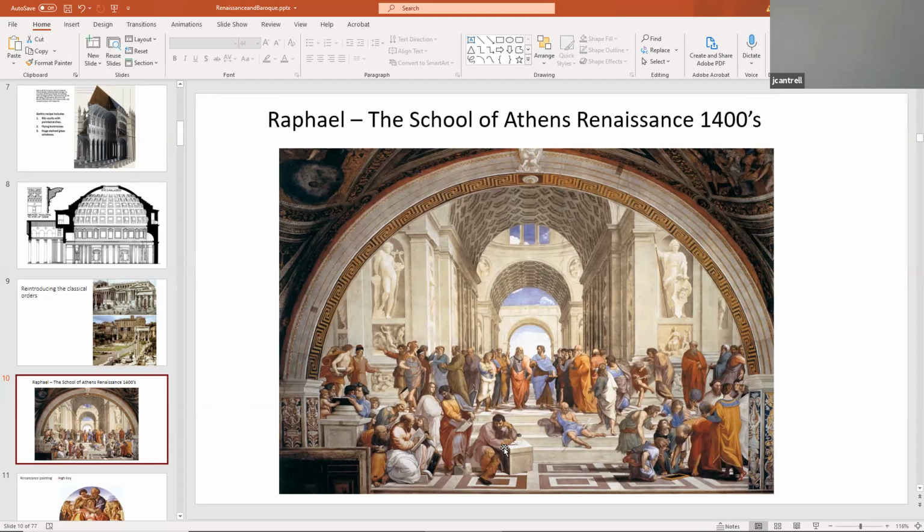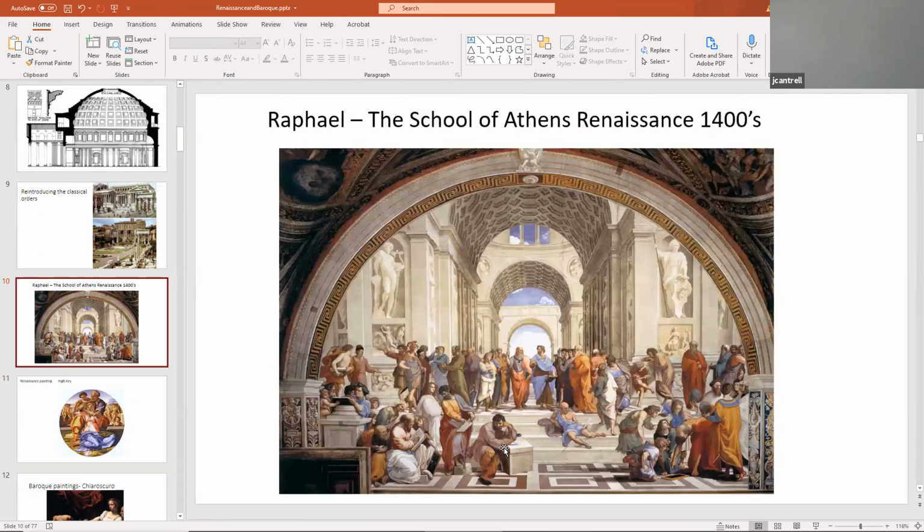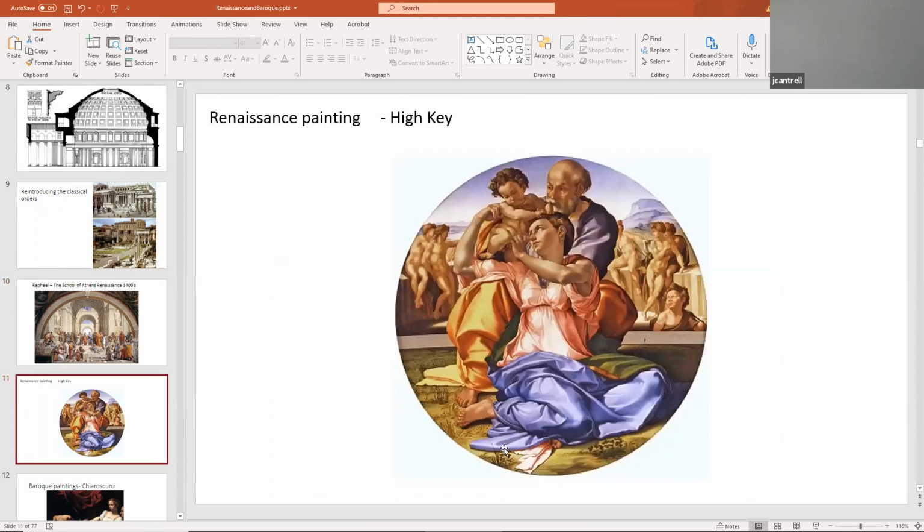So let's take a look at just some paintings. This is another extraordinary painting. This is Michelangelo's Rotundi painting. We're going to be talking about Renaissance and Baroque architecture, but Renaissance paintings, of course, are what's called a high key paint color scheme, because a lot of these are painted on frescoes. You really can't get a good dark intensity value, definitely not black, if you're painting on a plaster wall or a fresco. So most Renaissance paintings are done on frescoes. This is an oil painting done on a board, but the luminosity in Michelangelo's painting is absolutely unprecedented. These are just extraordinary techniques of what's called modeling.